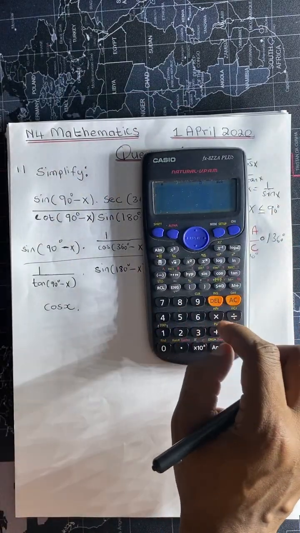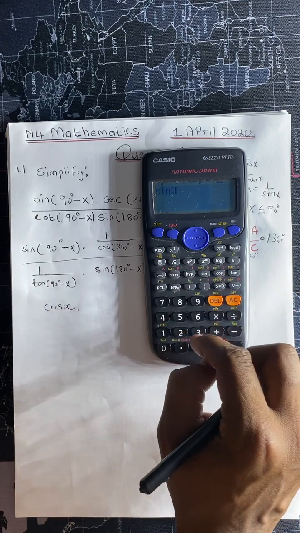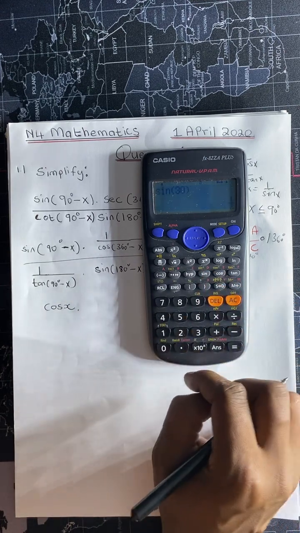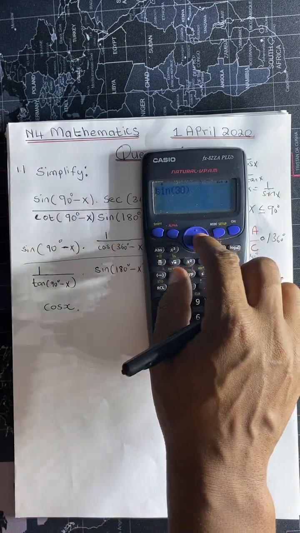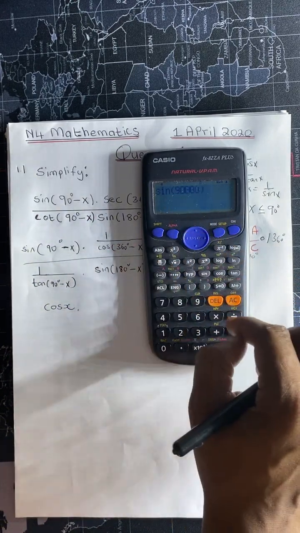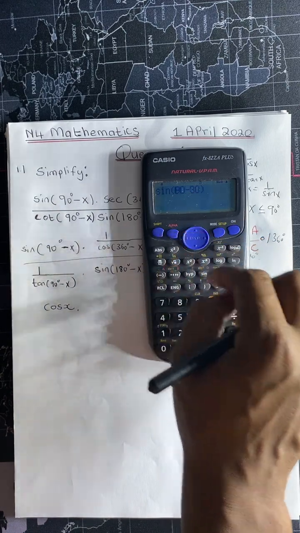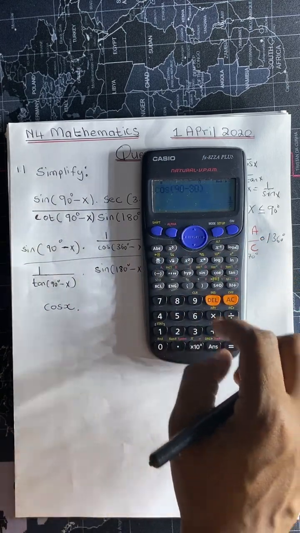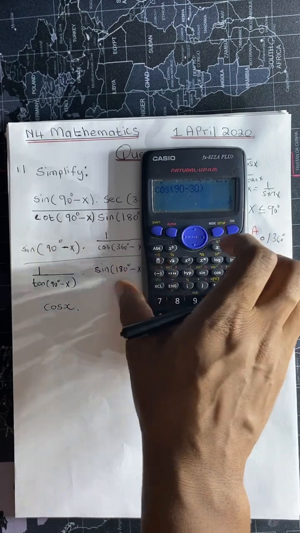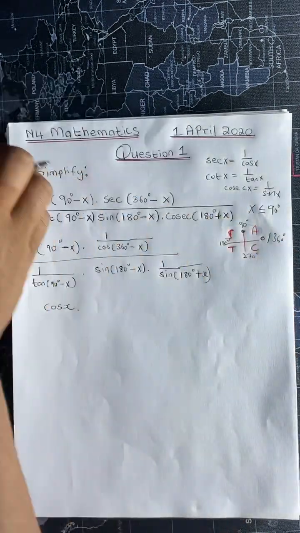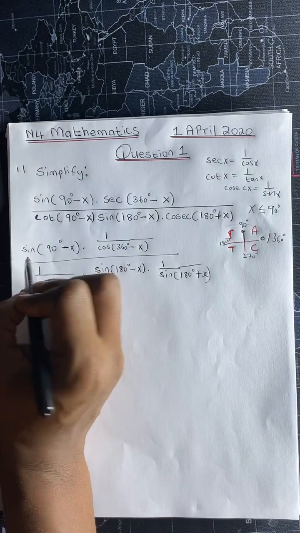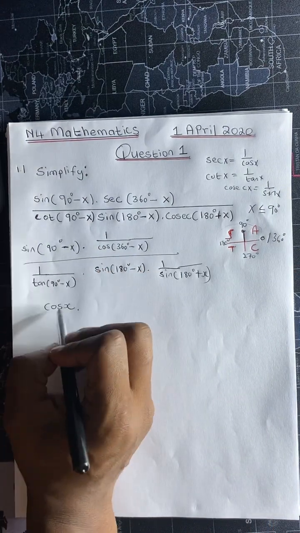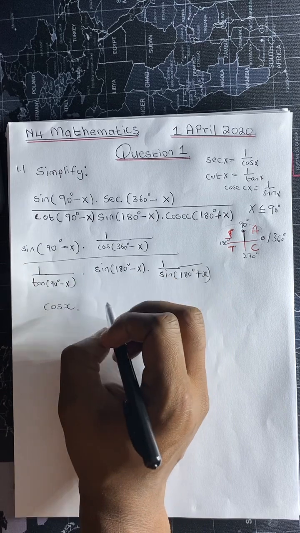So if we had sine of 30 degrees, this is equal to 1 over 2, and when we subtract 30 degrees from 90, we also have to change to cos, so that cos of 60 is also equal to 1 over 2. So because of our complementary angle, we have to change the sine and write it as cos, and from